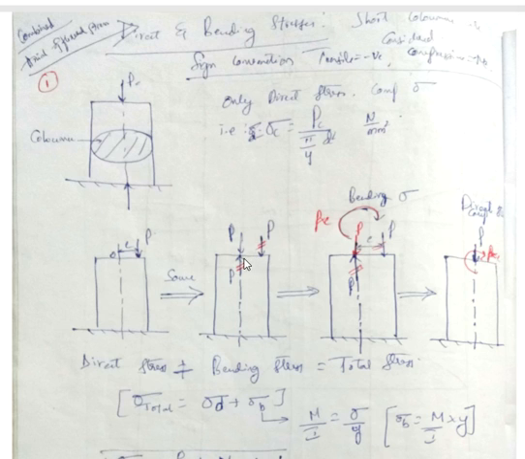So these two forces I can again represent using this symbol, which is the symbol for a constant bending moment or couple. So instead of these two forces, I am going to represent them using this couple acting at this point, right? That is what I wanted to do. I wanted to represent the effect of this force with respect to the neutral axis. So I brought the effect of this force to the neutral axis, and I have represented the couple as P into E.